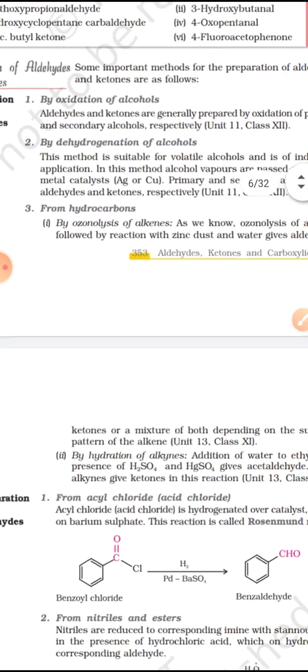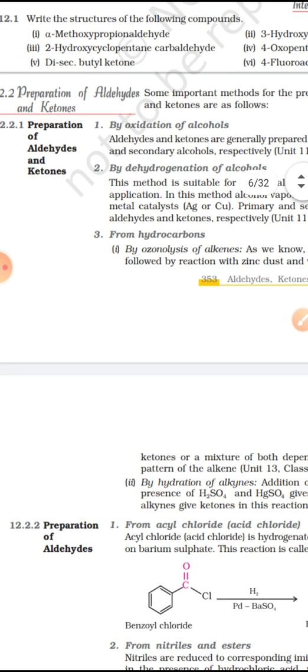Now coming to the preparation of aldehydes and ketones. Children, we are doing the preparation here, but we have already done the preparation of aldehydes and ketones in the previous chapter, in which you all have learned that primary alcohols on oxidation give aldehydes, secondary alcohols on oxidation give ketones. Primary alcohols, when reacted with Grignard reagent, give secondary alcohols, and secondary alcohols, when reacted with Grignard reagent, give tertiary alcohols.